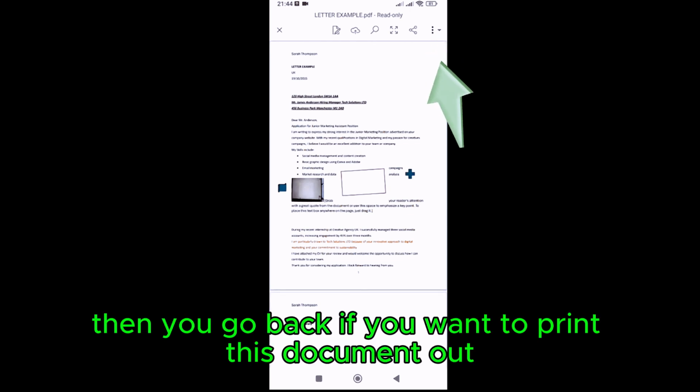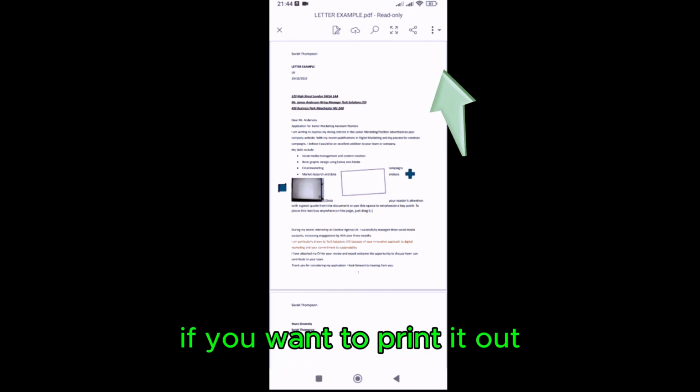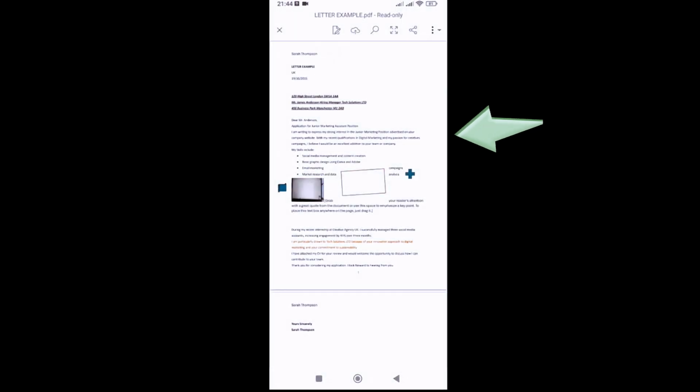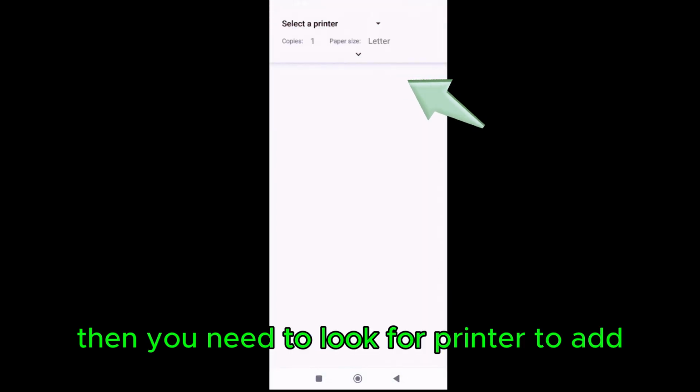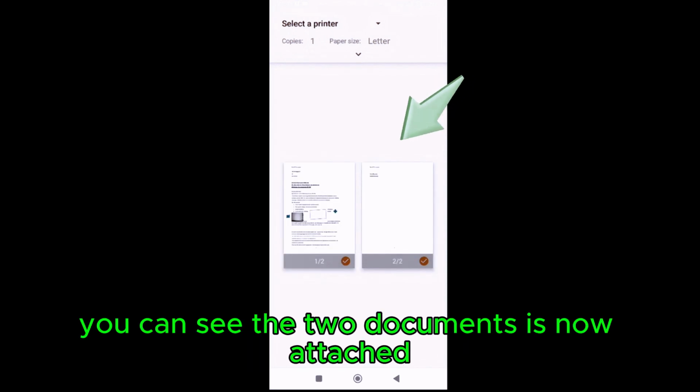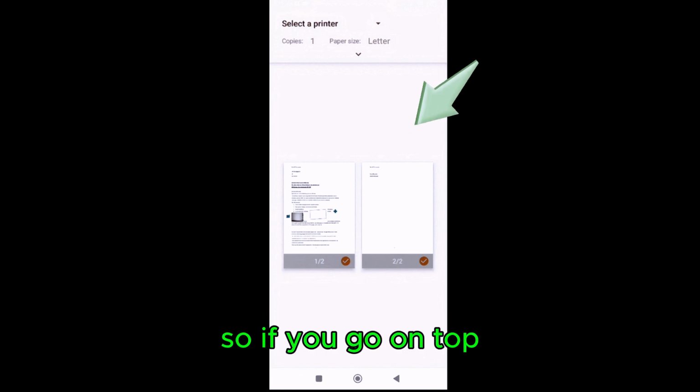If you want to print this document out, then you need to select the three dots again, select print. Then you need to look for printer to add. You can see the 2 documents is now attached. So if you go on top,